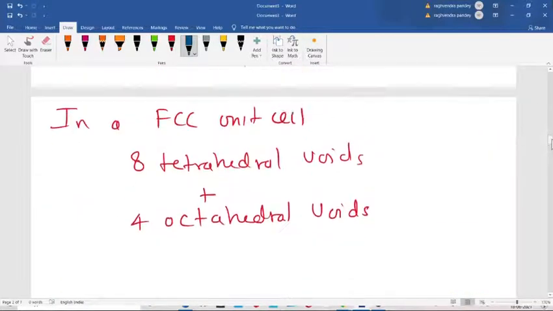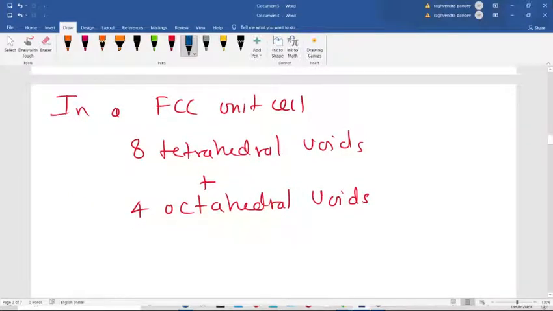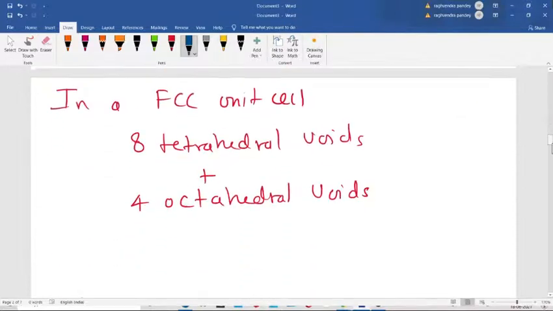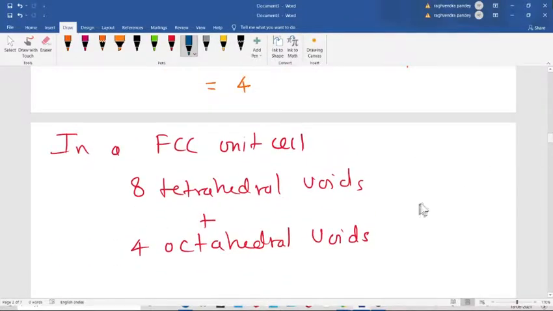In total, these are the 12 voids, 8 tetrahedral and 4 octahedral, that I wanted to convey. Any other doubt? Okay, then we will do all the calculations of distance and the neighboring distance, neighboring unit cells and all that. So that is for today.